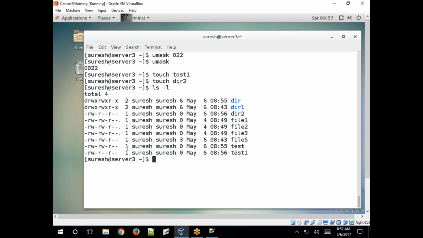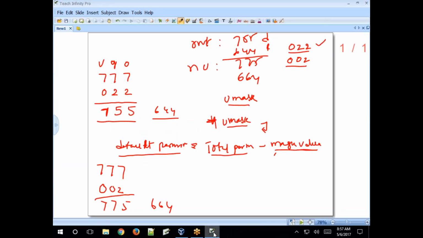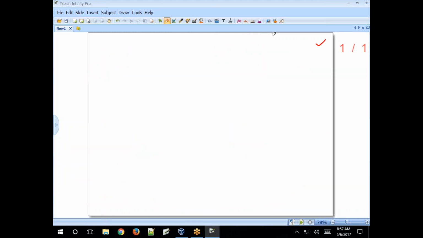Clear? Full permissions minus mask value 022.